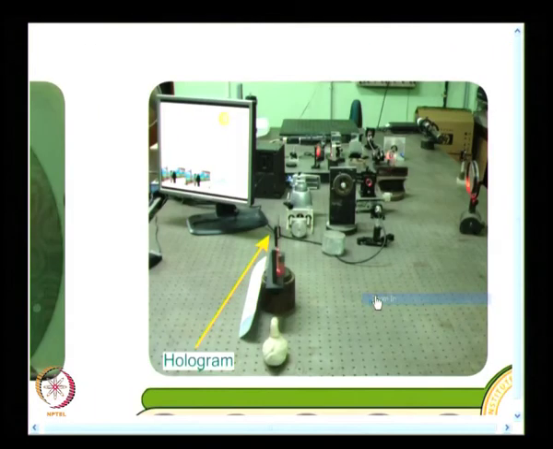And what you have here is, I have the hologram mounted, I have a play of laser which falls on this, and you will have to look at this hologram and then record the 3 dimensional depth of the hologram. So it is not like conventional photography. Conventional photography, you have a digital camera now, you take a photograph, instantly you see what you have recorded. But in holography, you will have to reconstruct the hologram and view it.